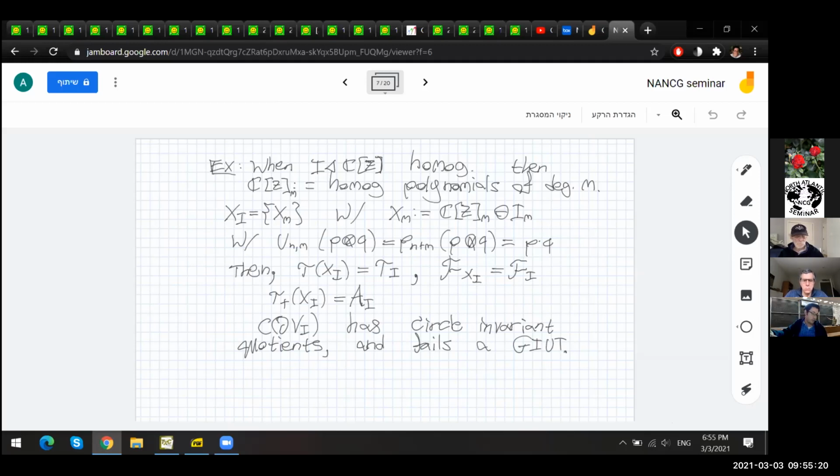I want to mention a theorem here that classifies the non-self-adjoint algebras in terms of the varieties. This is a theorem due to Davidson, Ramsey, and Shalit. It says that if I and J are homogeneous radical ideals,